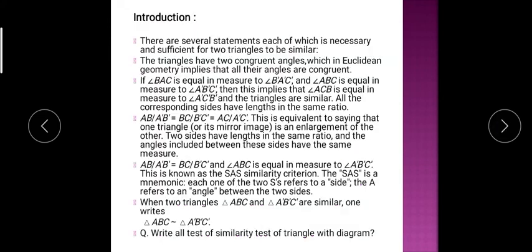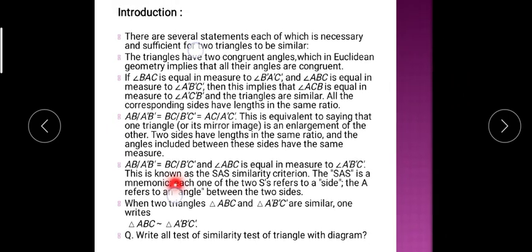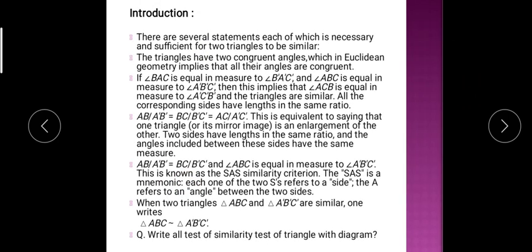Now students, all of you know the tests of similarity also. By which test these two triangles are similar, that we proved in the 9th standard. This is a revision point. By SAS. SAS means what? Two sides having an equal ratio, and the angle included between these two sides is of equal measure. Then these two triangles are similar by SAS, that is the side angle side test.